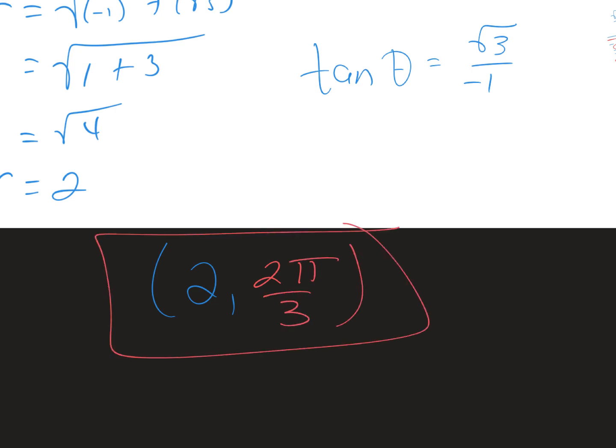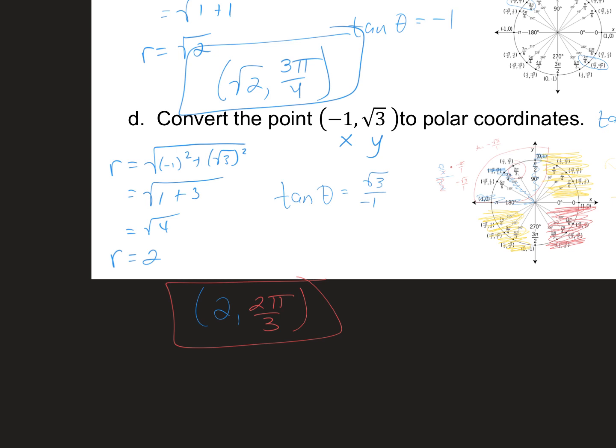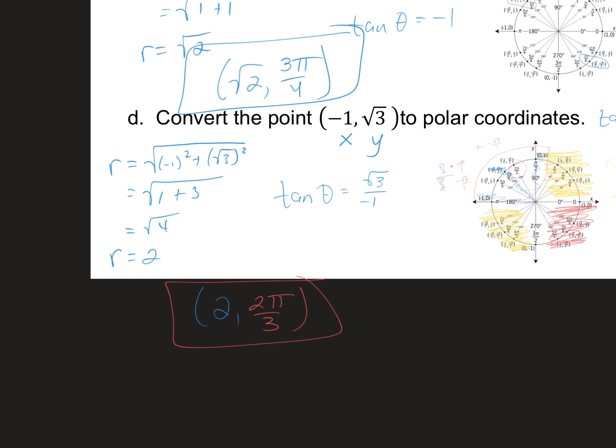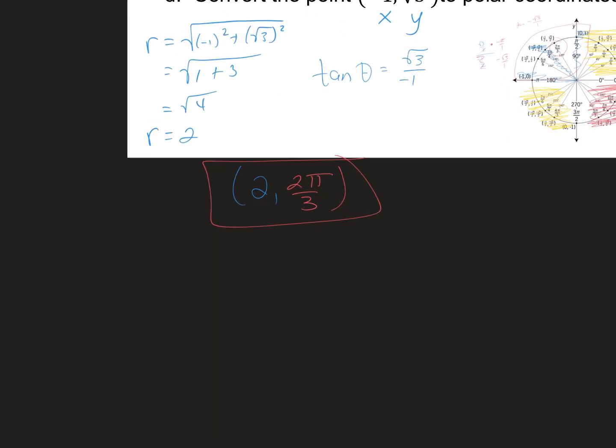The hardest computation that you're going to have to do is to figure out which ordered pair is going to give you the tangent that you are desiring, whether it be 1, 0, square root of 3 over 2, square root of 3, negative or positive, that sort of thing. But other than that, guys, to summarize, to go from polar to rectangular,